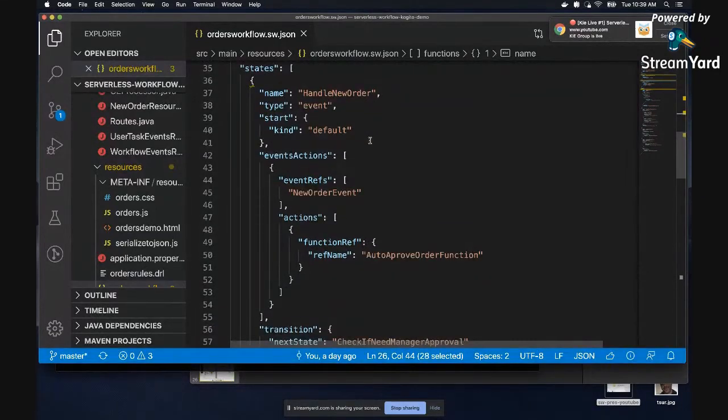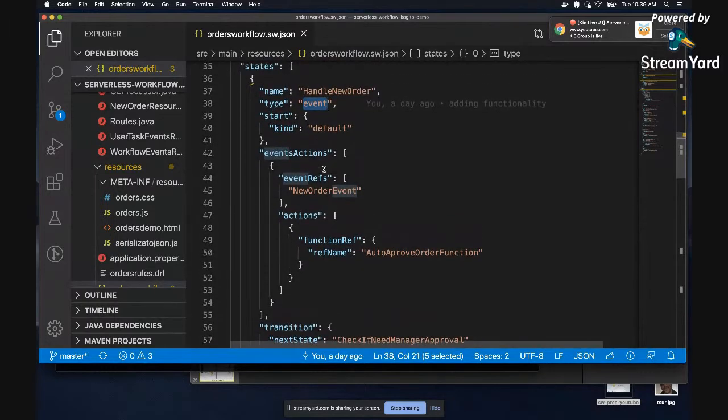As far as states go, our workflow has to be invoked when an event happens, a new order event, which the REST application APIs or the integration components within our cloud or container infrastructure have picked up and created an event for. Now, we use the event type state here.